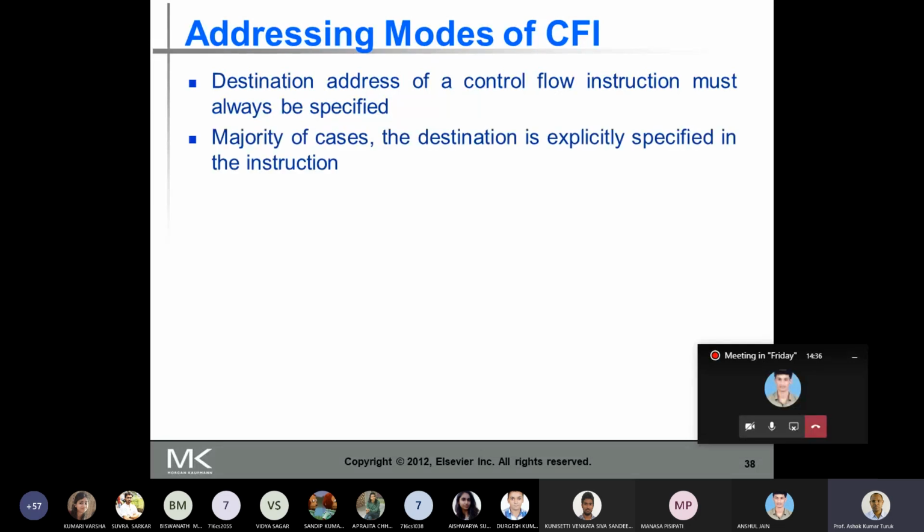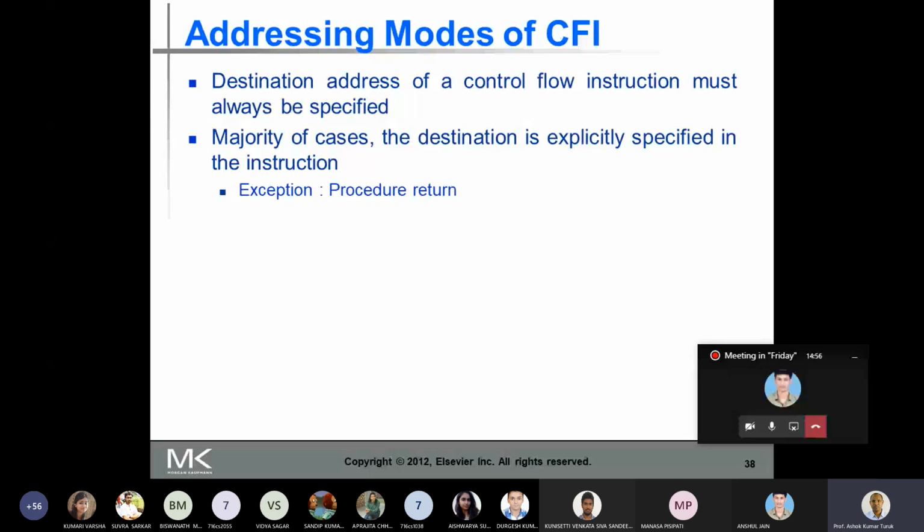In the majority of cases, the destination address is explicitly specified in the instruction, except in the procedure return. The procedure return is the only exception.